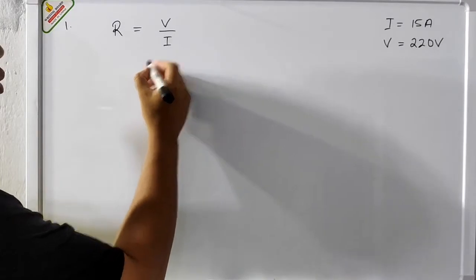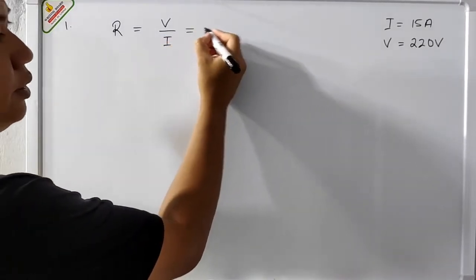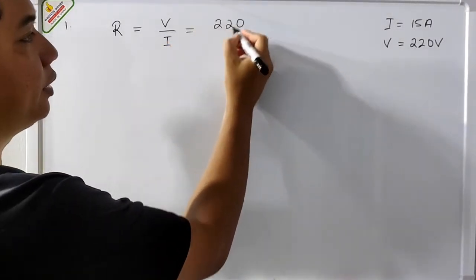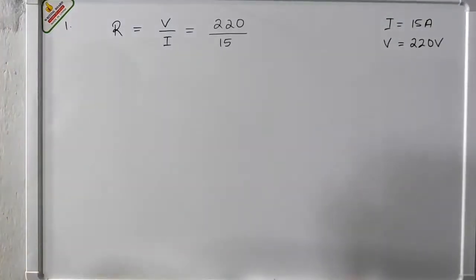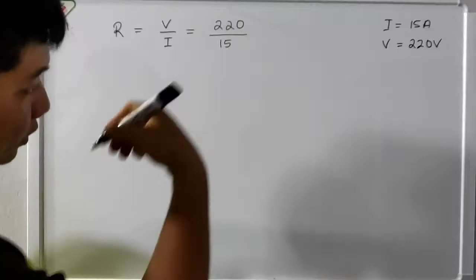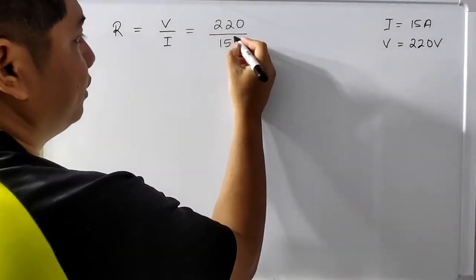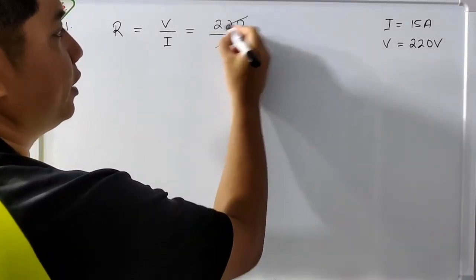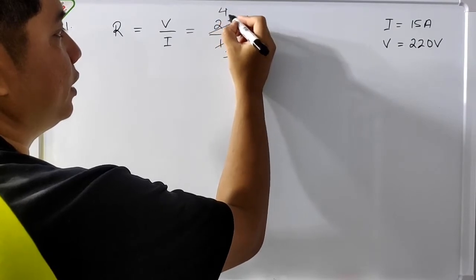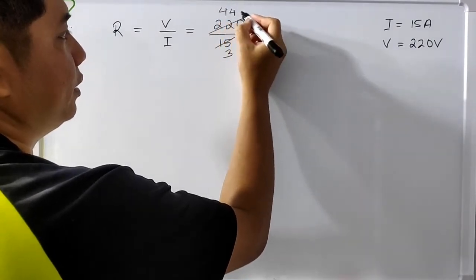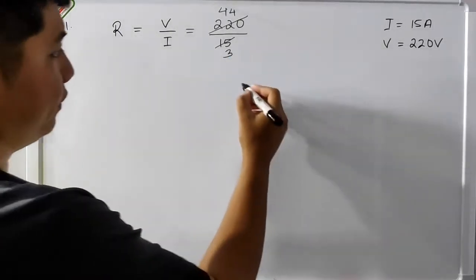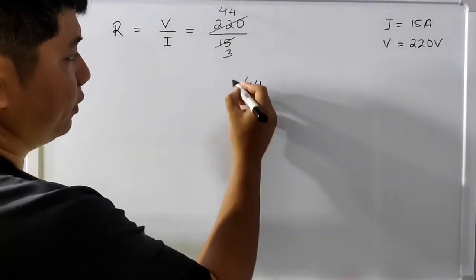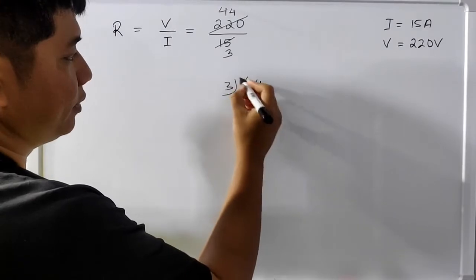So V is 220 and I is 15. And what do we get? 5 3s are 15 and 5 4s are 20. Then we have to divide 44 by 3. 44 by 3 is